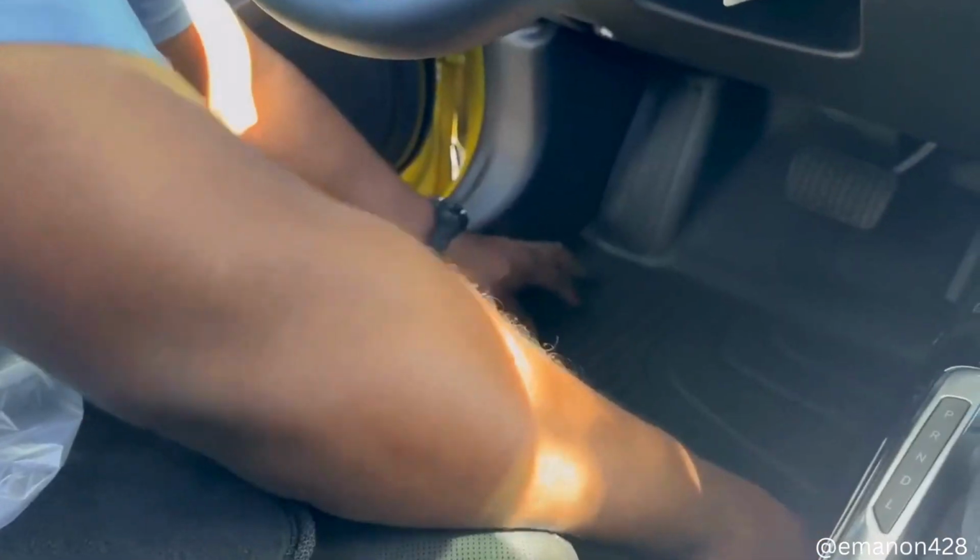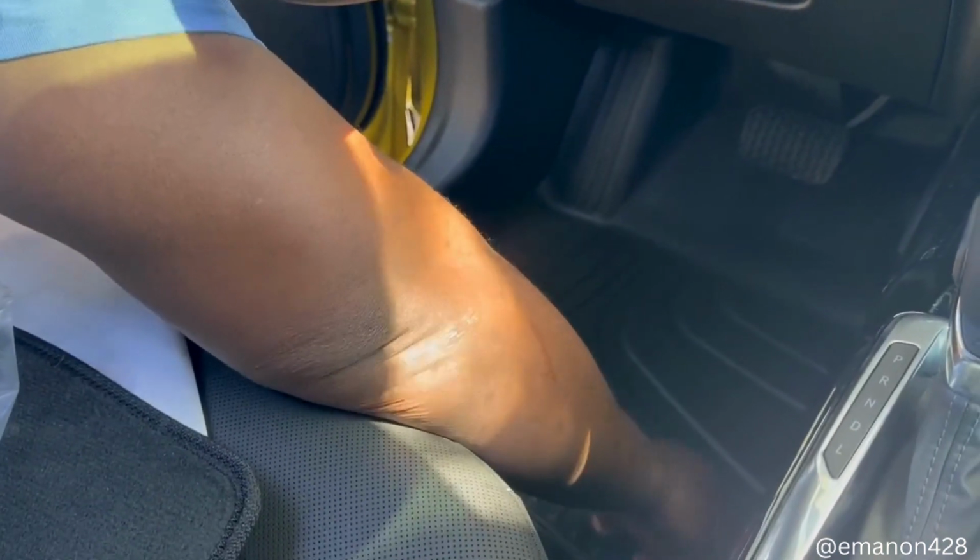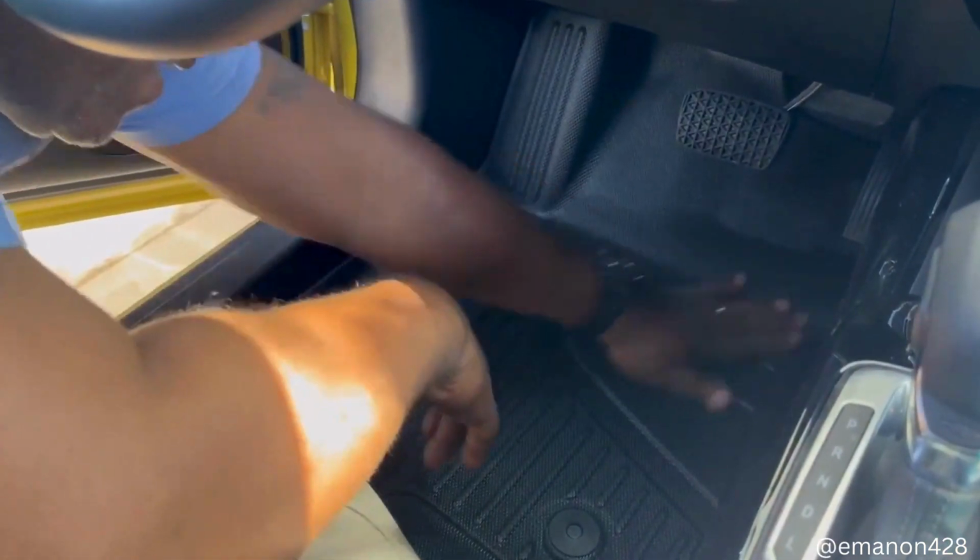Who do I recommend who buy this item? Any Chevy Trax owner looking for high quality, durable, and stylish floor mats should consider these. They're great for anyone who wants to keep their car's interior in top condition,